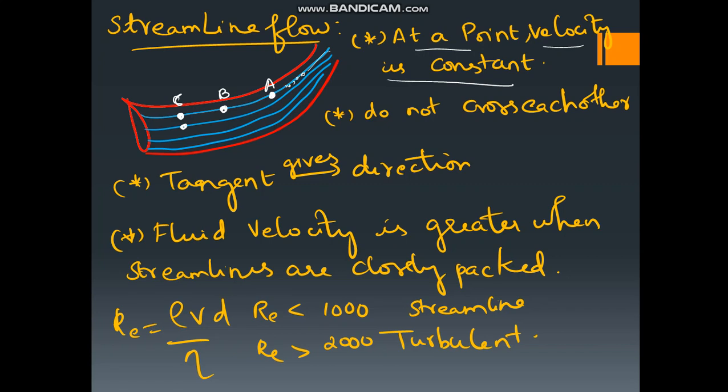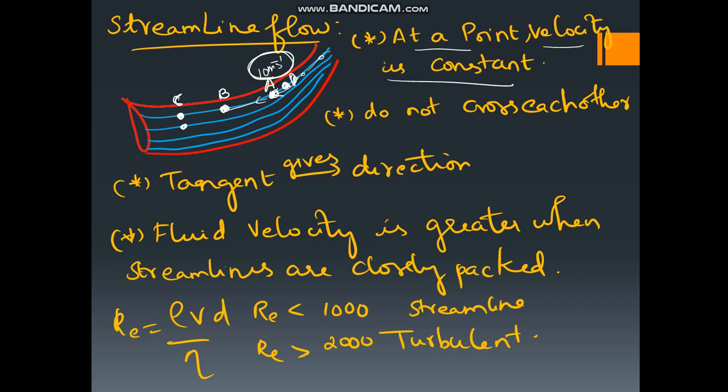At A, suppose the first particle is having a velocity of 10 m/s, just an assumption. Now it is crossing this point. Now the second particle, when it is coming to A, also has a speed of 10 m/s. When the 10th particle is coming to A, at A its speed is 10 m/s.